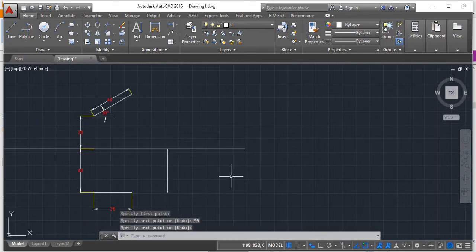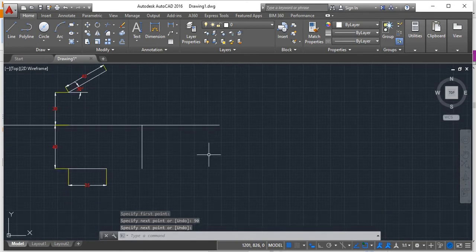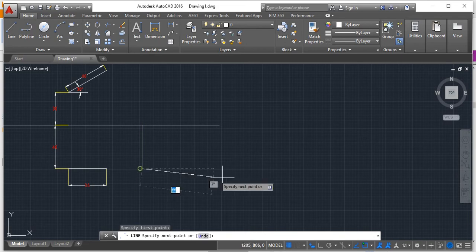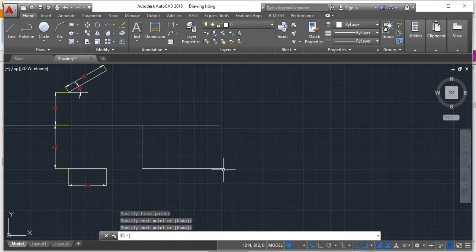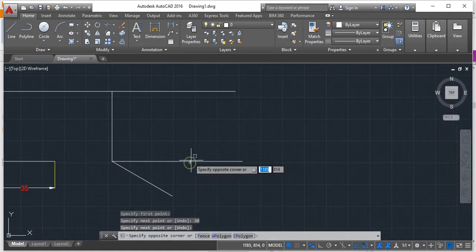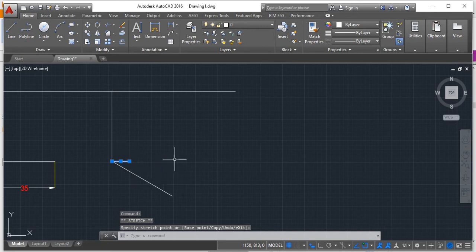Then from here you make the line with an angle of 30. Before that you draw a horizontal line of some unlimited length. Then you make a line of length 40, and the angle should be 30. Enter. This reference line you can reduce to a shorter length.